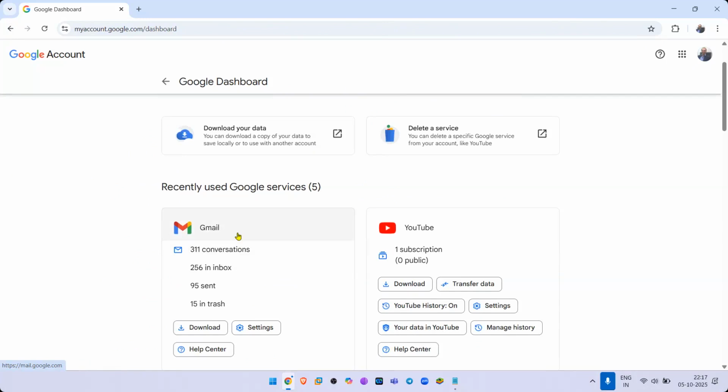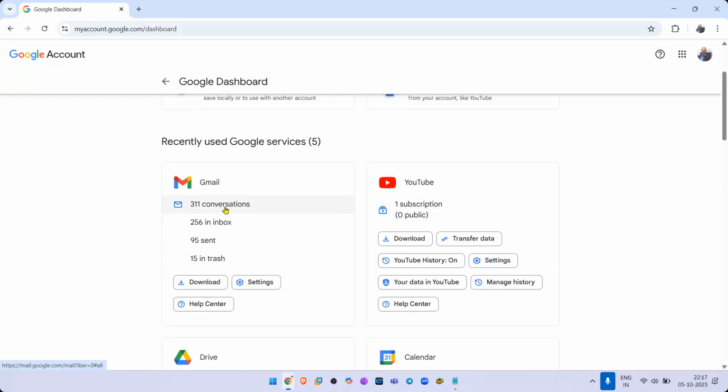If I hacked your Gmail, that is your Google password, I can just click on this button, download all your data. You can delete a service, like you don't want a YouTube account, you don't want a Gmail account, you can delete that over here. You can see all my conversations in Gmail, trash, sent items, inbox. You can download all my Gmails right there.